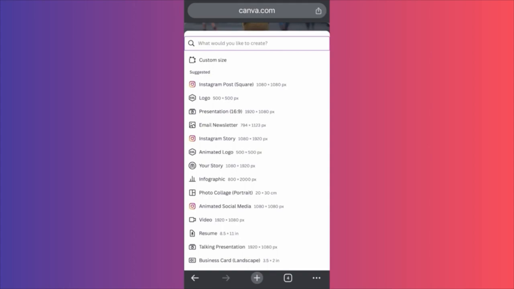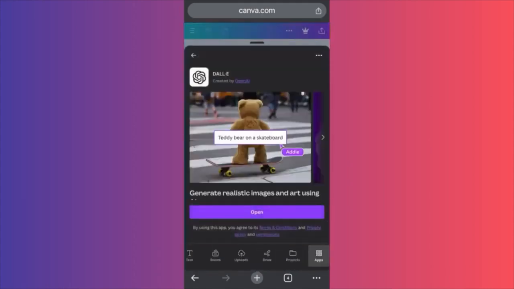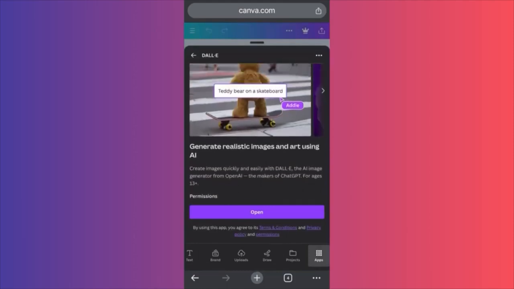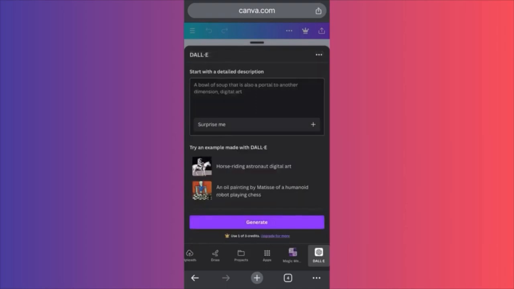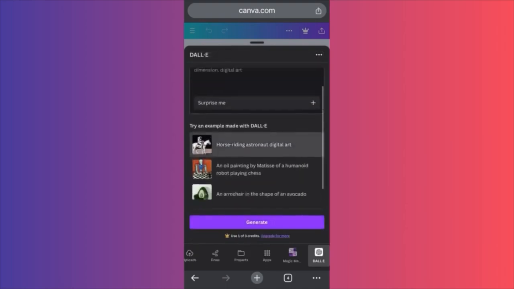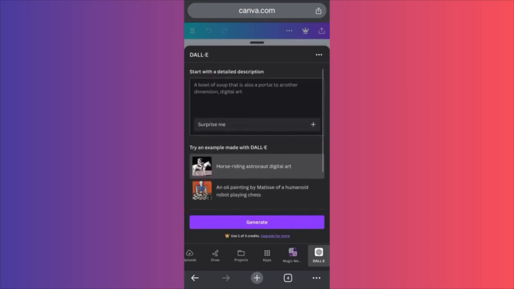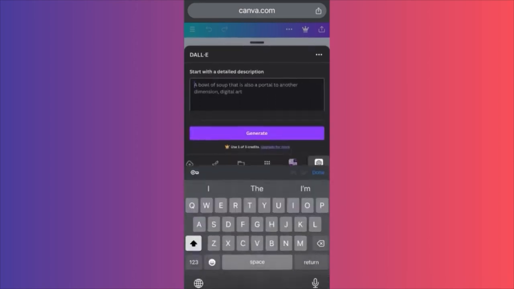Okay, so if you didn't use DALI prior, DALI is a little different if you use other AI tools, because DALI over here doesn't have any additional filters. So everything you type in the prompt will be what you're going to get. With Magic Studio, we had an option where you choose the style. Is it going to be animation? Is it going to be vintage look? So it's like different styles, different designs. Also, you have an option to change the aspect ratio with Magic Studio. Here, it's pretty random, but the results sometimes are amazing.